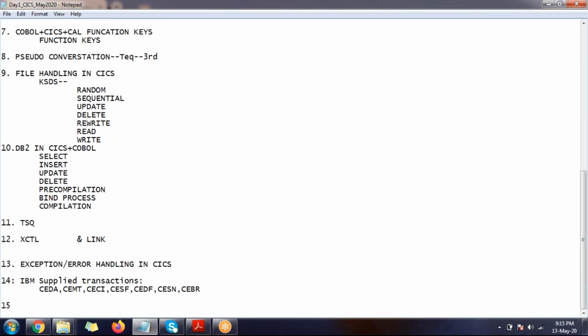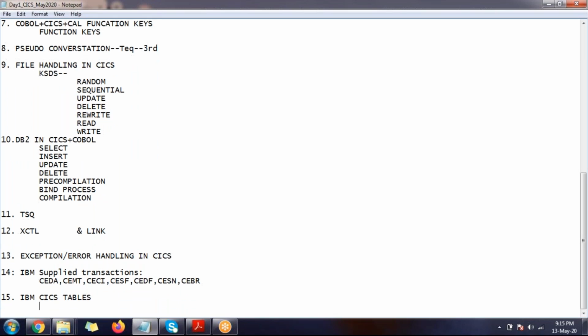Then we are going to discuss IBM CICS supplied tables. We call them CICS tables. We have something called the PPT table, PCT table, RCT table, FCT table, general control table, and the DCT table. There are different tables. Even without this, I cannot proceed.